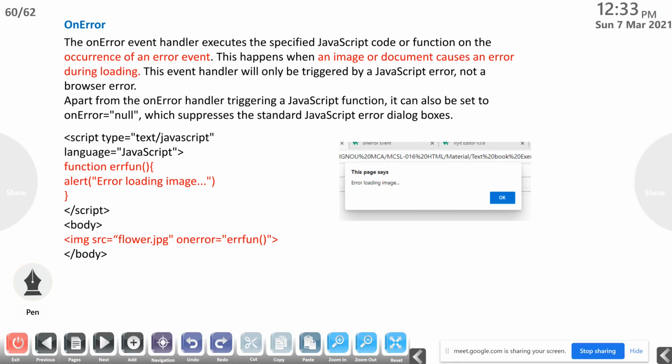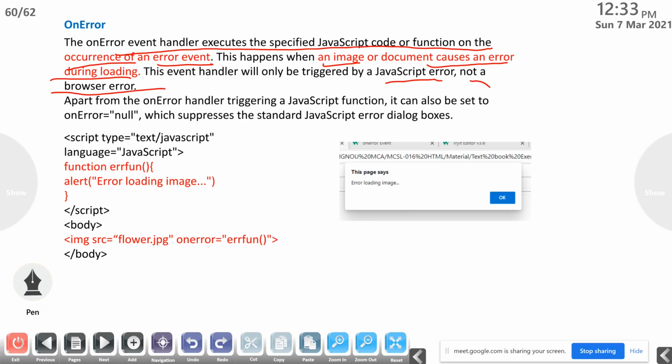Then onError, if some error occurs, this onError will be triggered. The onError event handler executes the specified JavaScript code or function on the occurrence of an error event. This happens when an image or document causes an error during loading. This event handler will only be triggered by a JavaScript error, not a browser error.